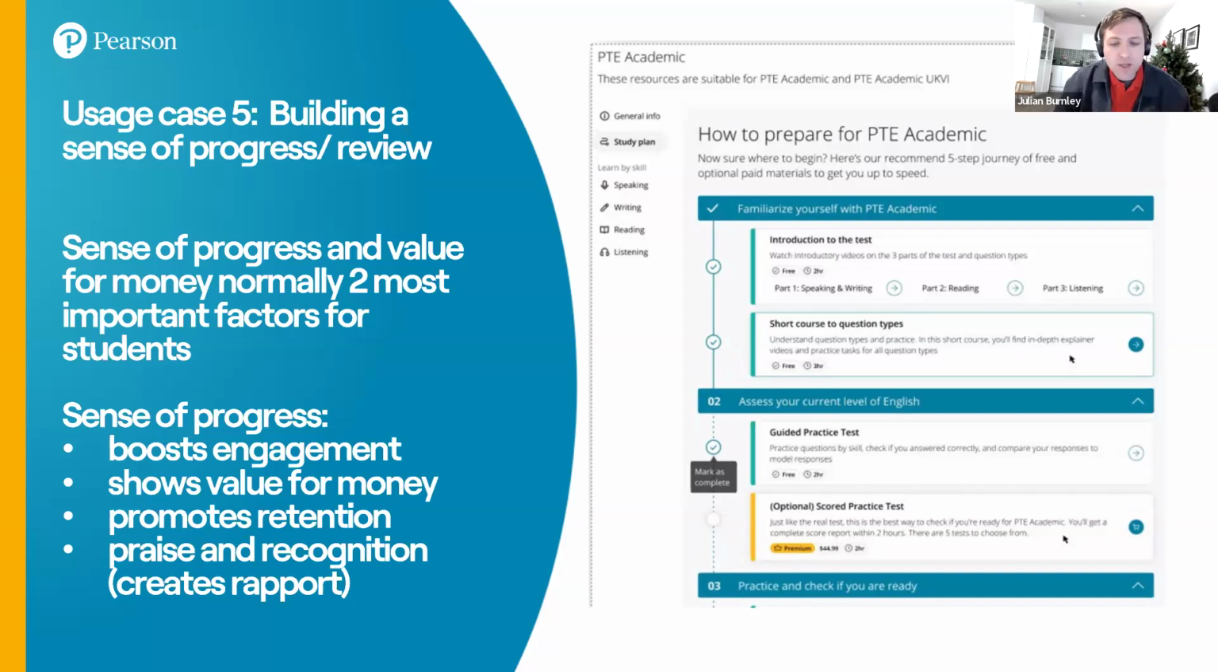it always came down to 2 things with students. It came down to value for money. So some students felt they were getting really good value for money. Other students felt they wanted more and they were paying too much, and that the value that we were giving them as teachers was not high enough. So it's something we really had to work on. And the way we worked on it was by building a sense of